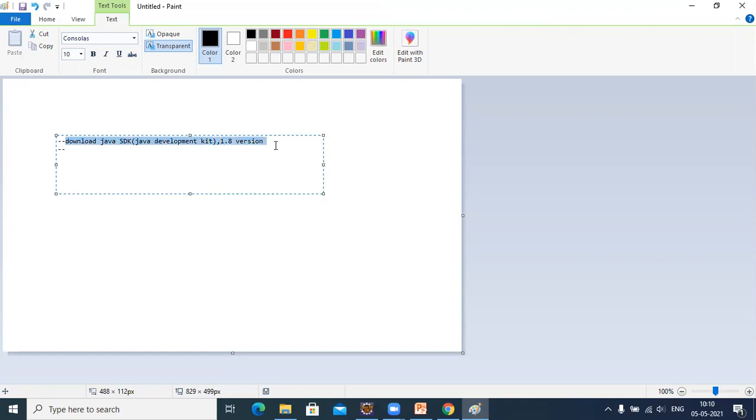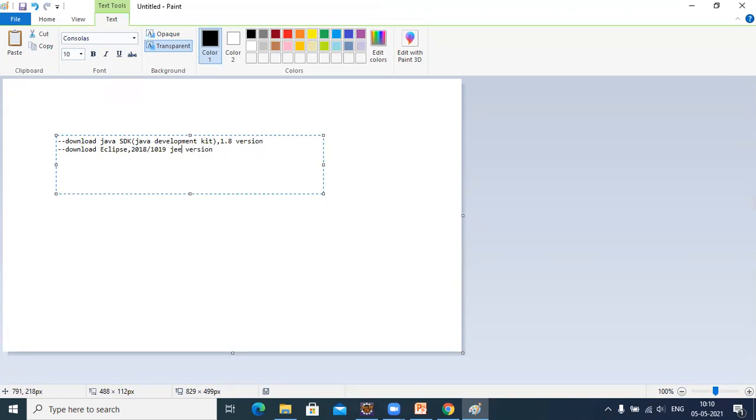Similarly, you are supposed to download Eclipse also. Download Eclipse 2018 or 2019, the JEE version.